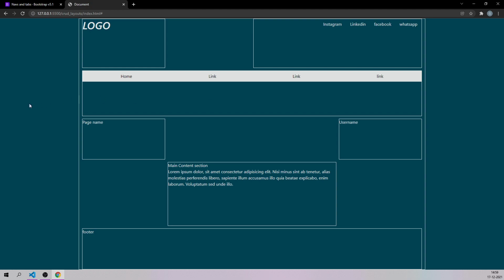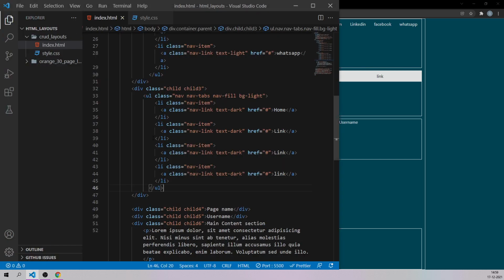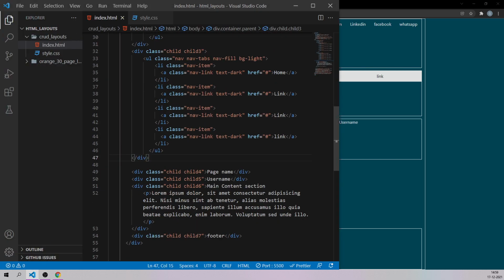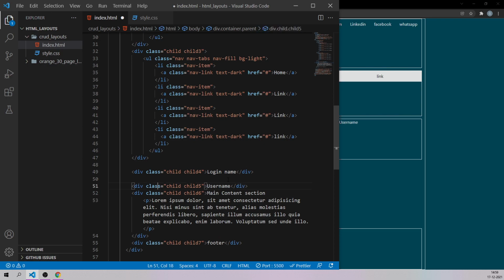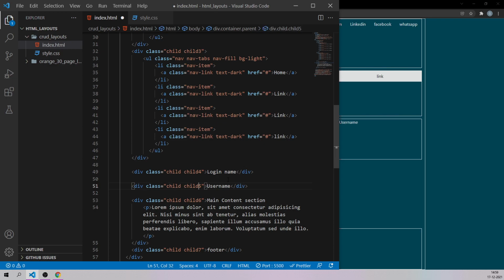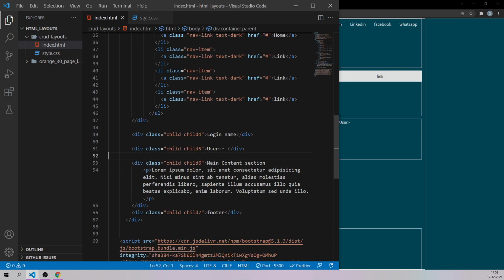Now let's come to our page name and all those things. For the first page I'm simply going to name it as the home page or login page. So from where the person has to log in, that is going to be the first page of our application. And here we are going to see whoever has logged in. That is going to be our child file, so for the time being I'll just keep it as username, or just say something like user colon hyphen. Here we are going to mention whoever the user is that has logged into the application.